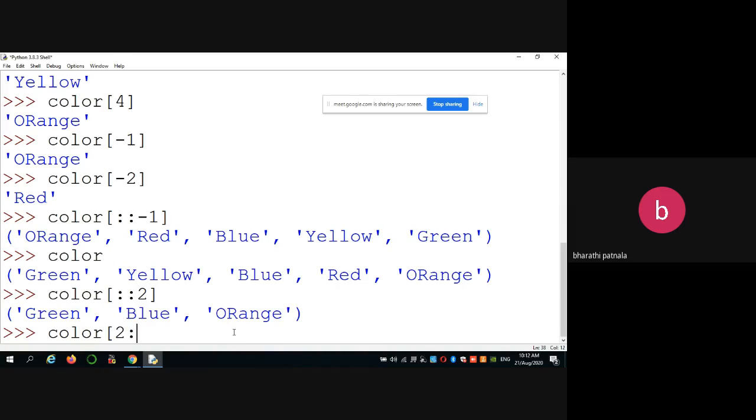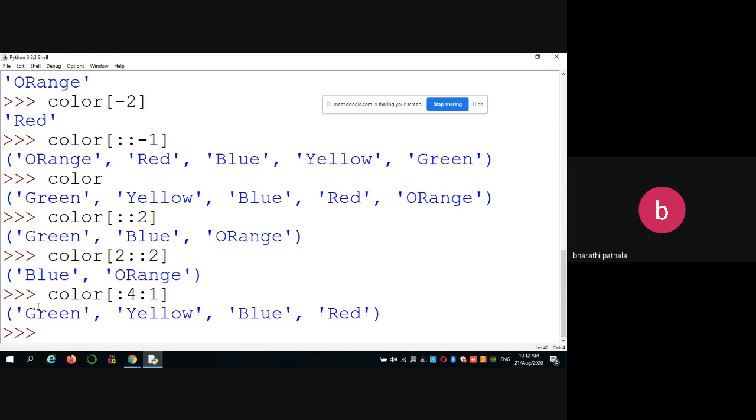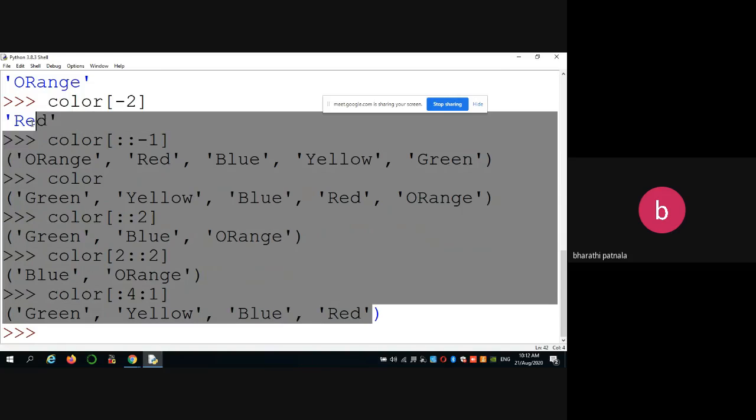Starting from 2, with no ending and step 2, it prints starting from 2, the second element, then adding 2 we get 4. What is that fourth element? Orange. Similarly, color with no starting, ending at 4, and increment by 1: starts from 0, 0 plus 1 is 1, 1 plus 1 is 2, 2 plus 1 is 3. Like that, you can print all these elements.